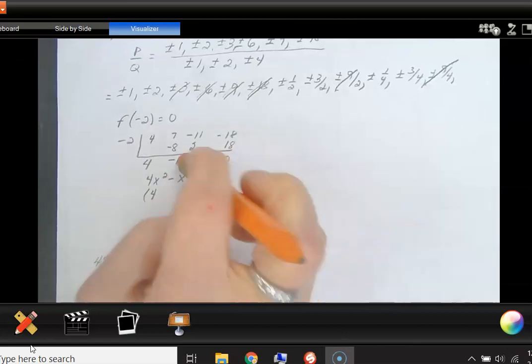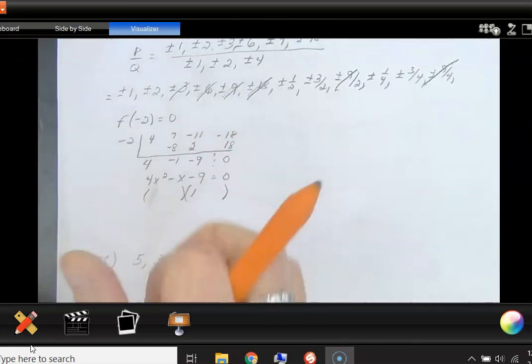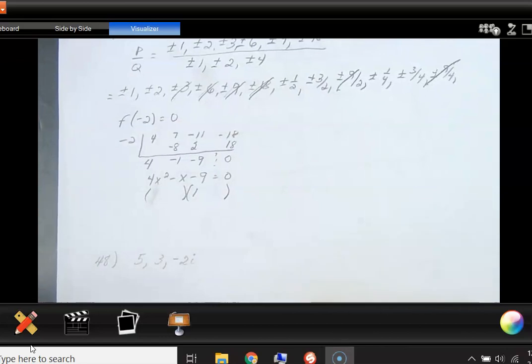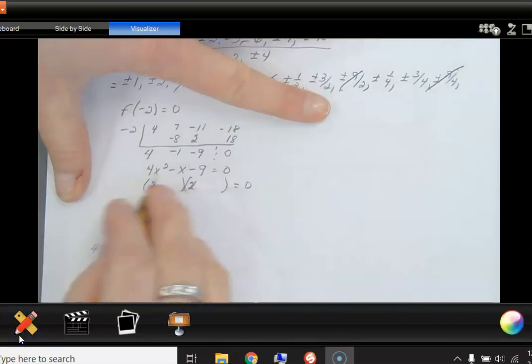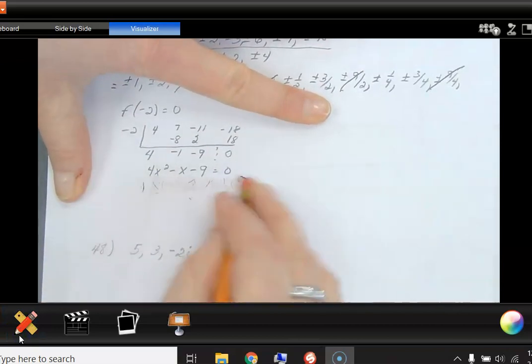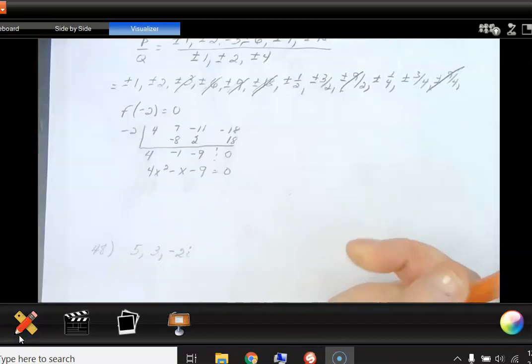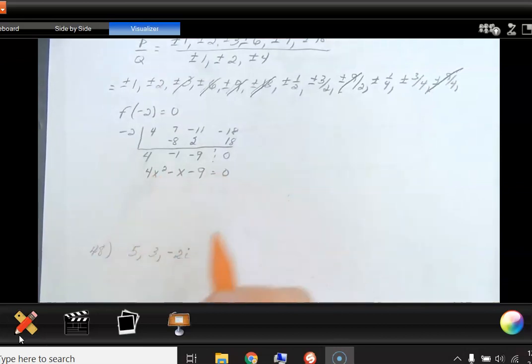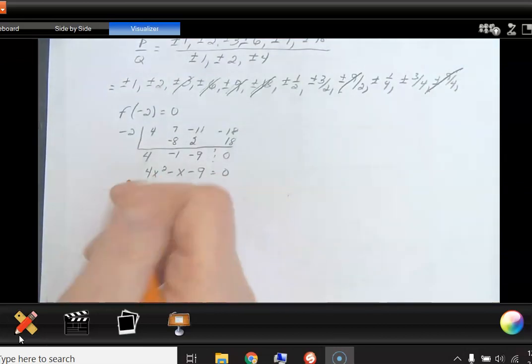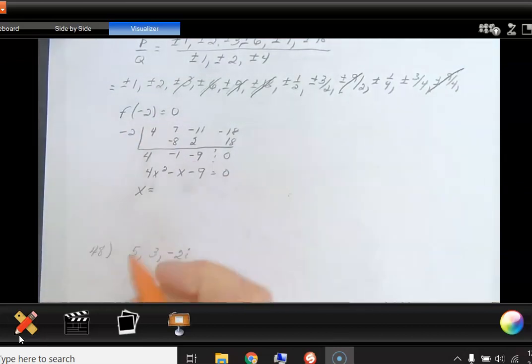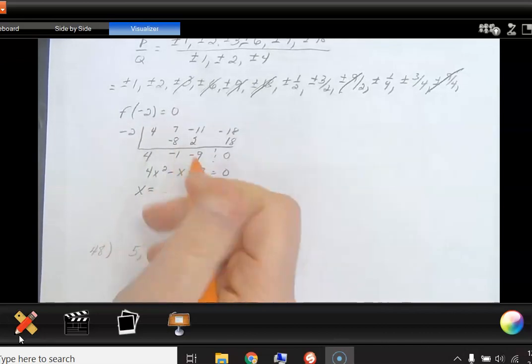That's no good. All right, I'm going to pause so I can think it through. Okay, I confess I could not find a factorable situation here. So I am going to use the quadratic formula, a being 4, b being -1, c being -9,